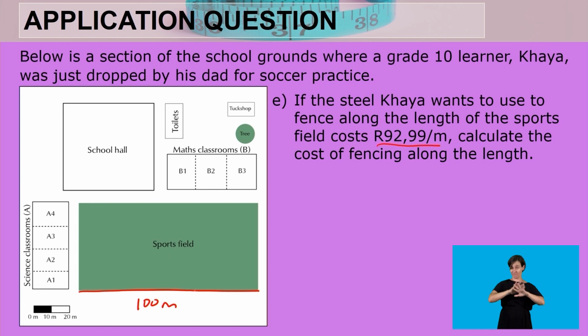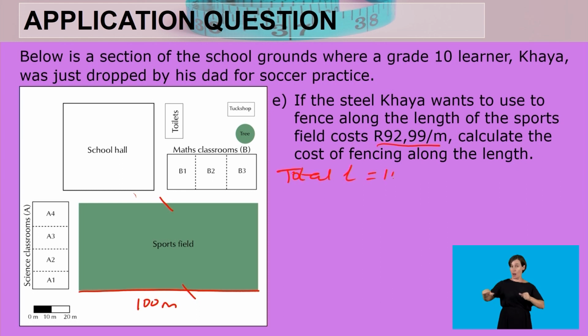So we want to calculate the fencing along the length. But how many lengths do we have? We've got 2 of the length. So we are going to fence this length and we are going to fence that length as well. So it means it's 2 of the lengths that we are going to fence. So we have to find first the total